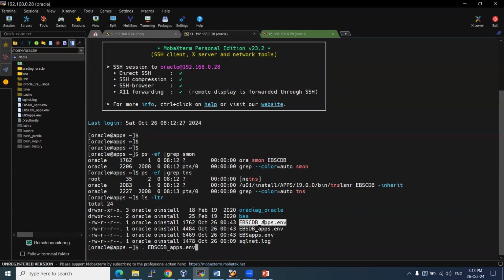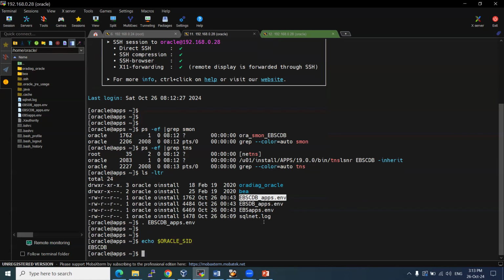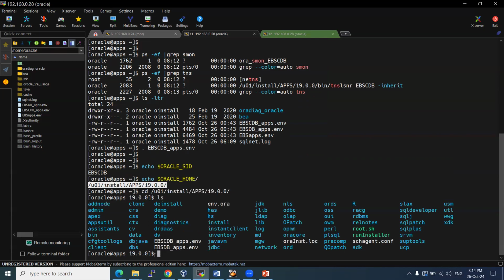Set this. Check the Oracle SID and where your Oracle home is located. These are basic sanity checks. This is our Oracle home where all the Oracle binaries sit. Now connect to SQL*Plus